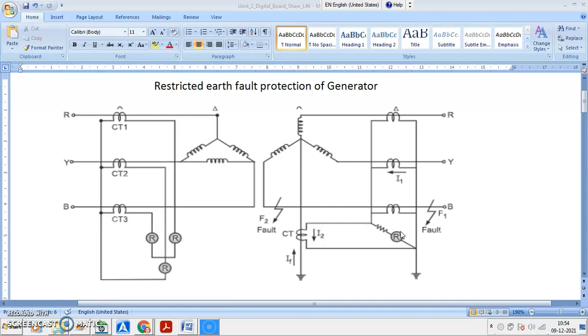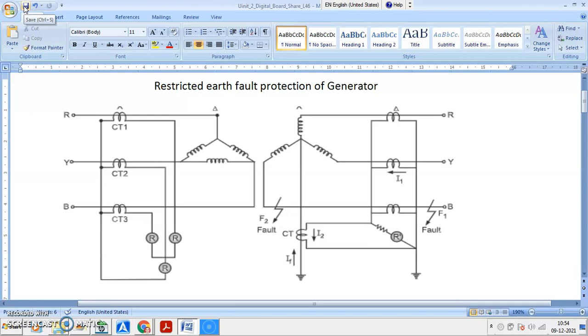In restricted earth fault protection scheme or earth fault, earlier which we have discussed comes under unrestricted, meaning without any kind of restriction, whenever there is earth fault relay operates. Here we have incorporated some scheme or condition, based on that relay will operate. Okay,